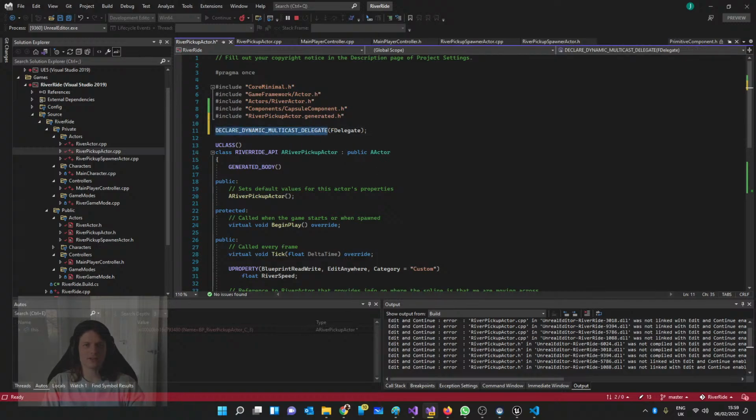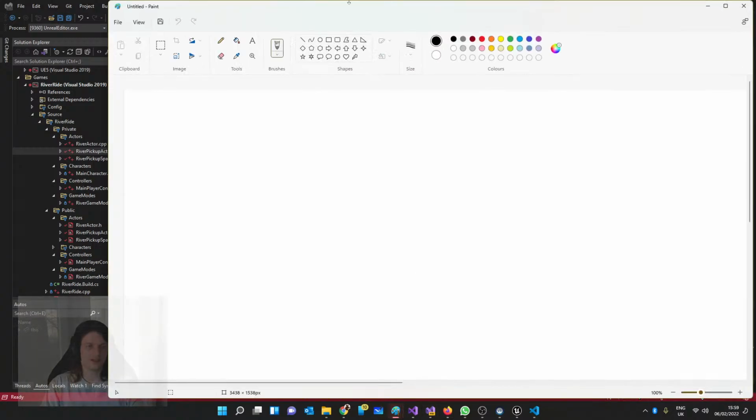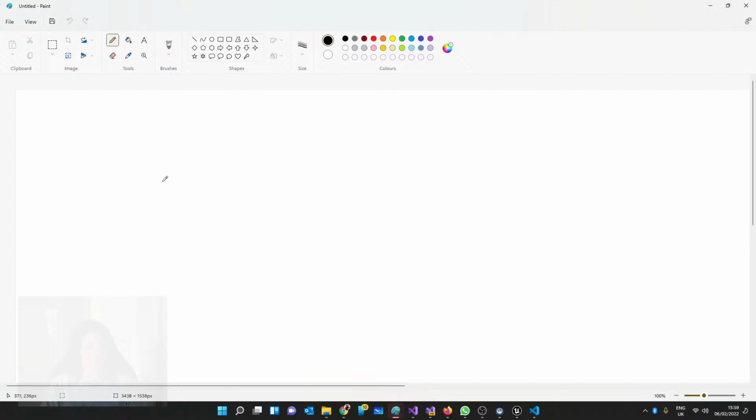So this is a macro that Unreal Engine converts into C++ code. It says declare a dynamic multicast delegate, and in this case, I think this is one parameter or maybe no parameters on the delegate, which means, let me just draw that. Windows 11 is quite broken, I have to say. Okay, so if an event comes in,